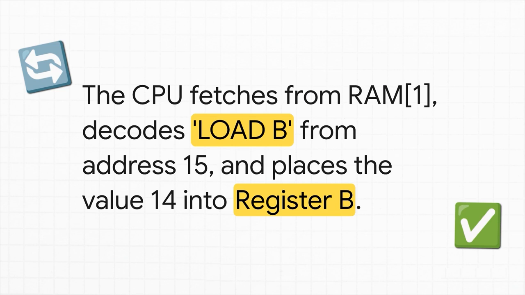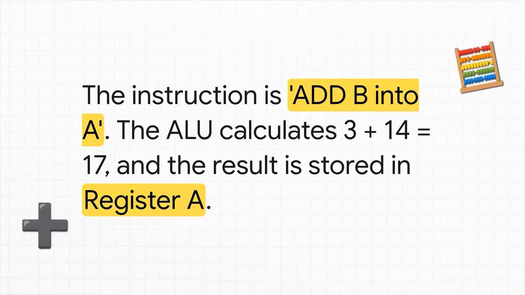The program counter is now pointing to address 1, so the CPU fetches that instruction. It decodes it and sees another load command. This time it's put the value from address 15 into register B. So, in a flash, the number 14 is loaded into register B, and the program counter ticks up to 2. See the pattern? Now this next step is really cool because the ALU finally gets to jump in and do